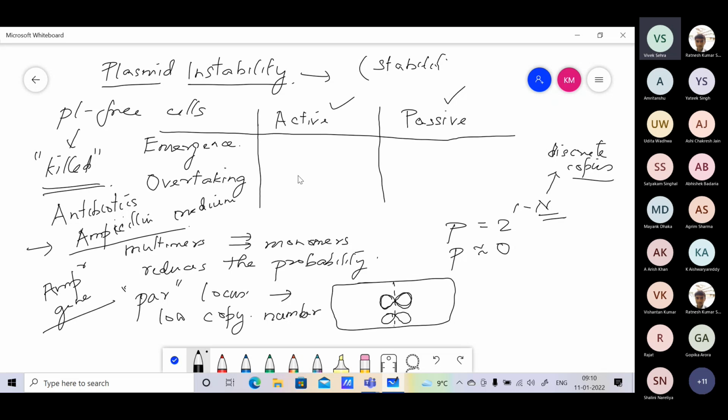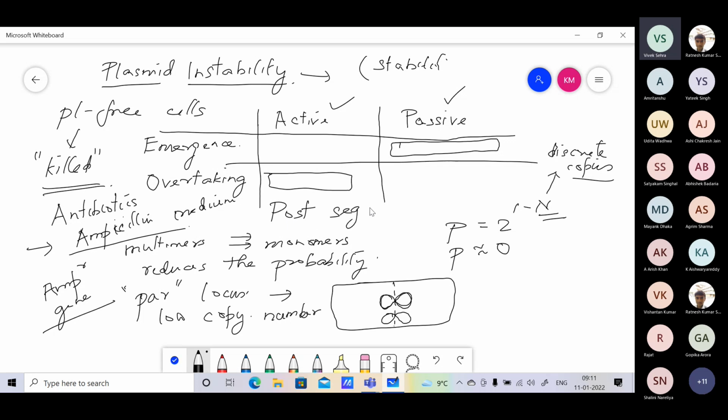Most of the time, active mechanisms work on the overtaking part, and most of the time, passive mechanisms work on reducing the emergence part. But that's not always true, but most of the time. So preventing overtaking by active mechanisms would essentially be called post-segregational killing of plasmid free cells, because you're segregating the plasmid. Post-segregational killing of plasmid free cells